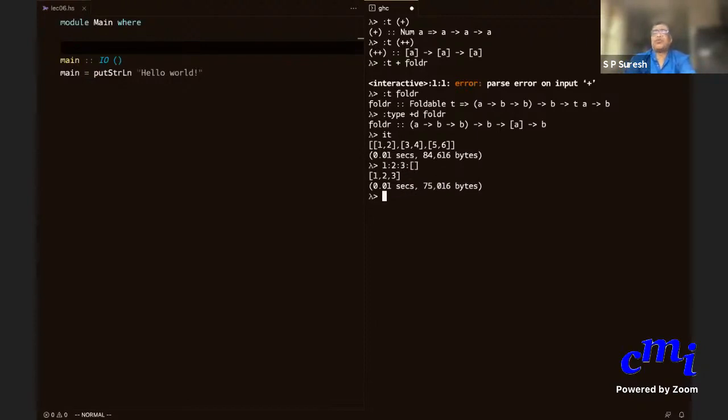But if you want to view colon as a function, yes, it's a function. But then, as we told you, if you want to use an operator as a function, you should put it inside parentheses. So you can say parenthesis colon 1, and then the other expression you want to give: parenthesis, colon inside parenthesis, the construct function applied on 2, and this is the construct function applied on 3 and the empty list. And you have to close the parenthesis.